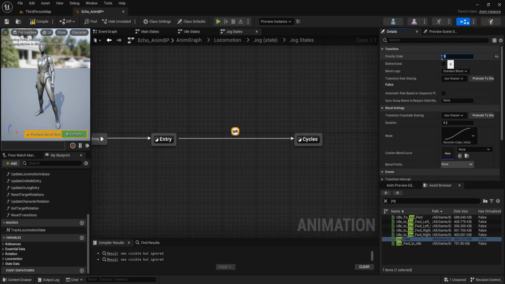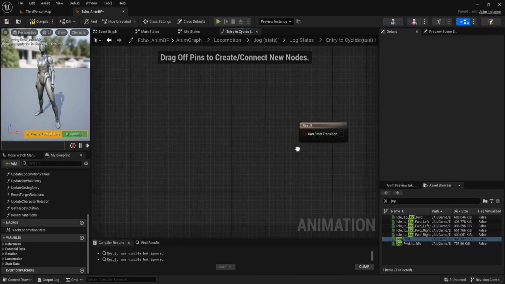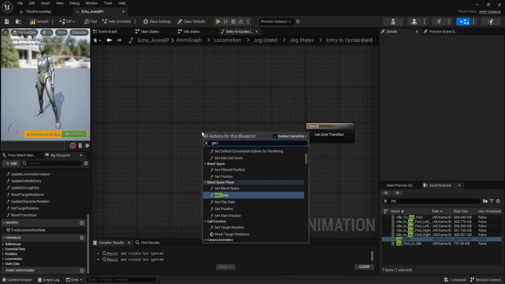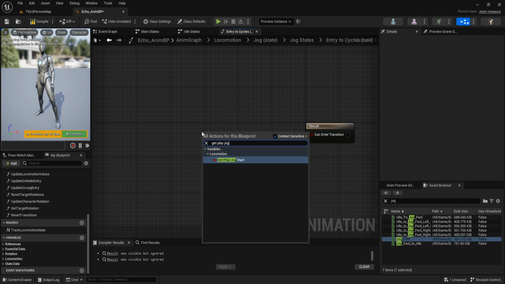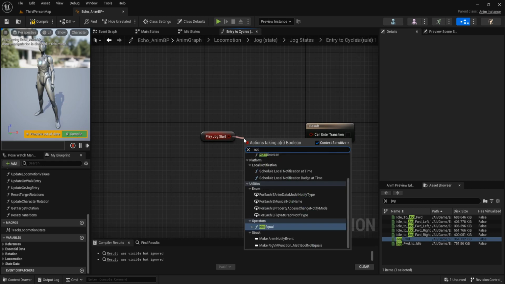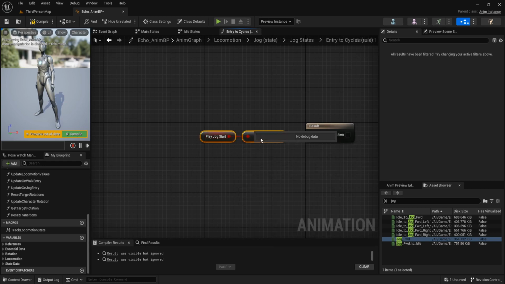The 0 means that it is the first priority. And open this transition, get play jog start, and call not boolean. And connect to the result.